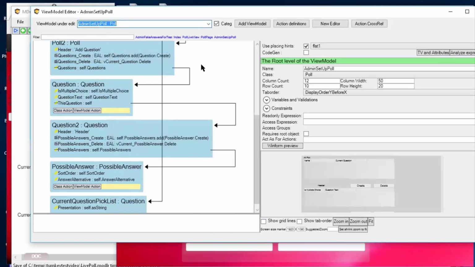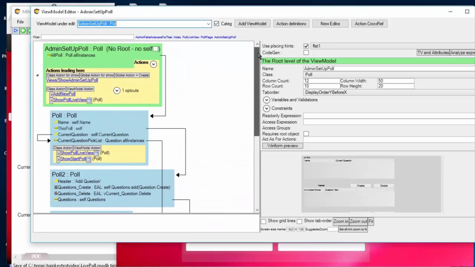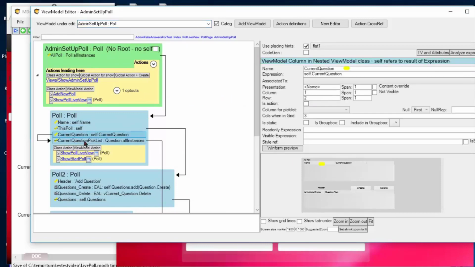So let's look at this UI. Why is that wrong? Well, it's obvious here. It just says questions all instances when it should only take the questions from this poll. Let's show it in the model.